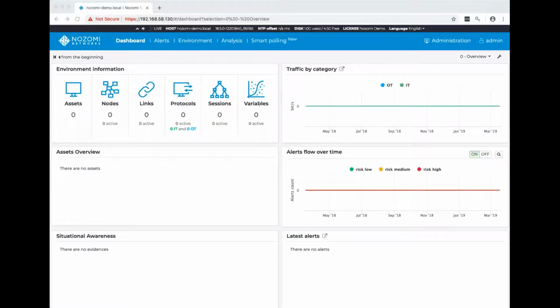Hi, so as you can see, this is our Nozomi dashboard. It's currently empty, showing no traffic, no data in it at all, no protocols, links, assets, etc. Now we're going to come back to this dashboard later, but for now, I just wanted to show you that. And I'm now going to fire off some traffic into this device from a live hydroelectrical plant, one